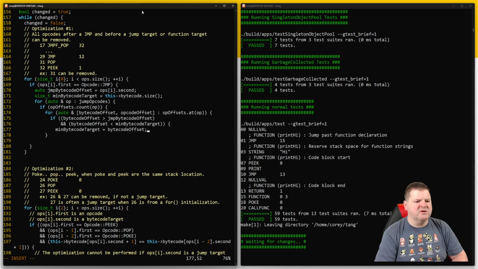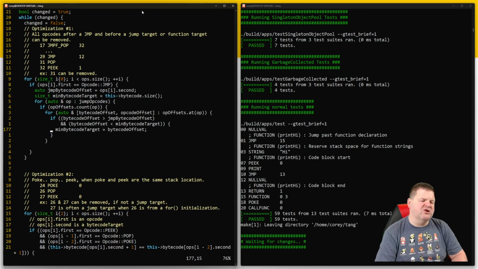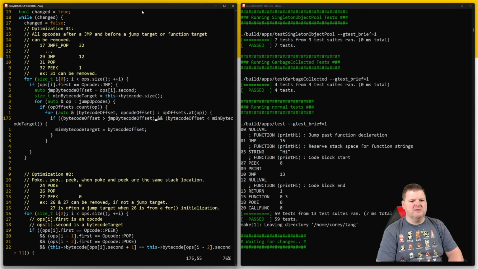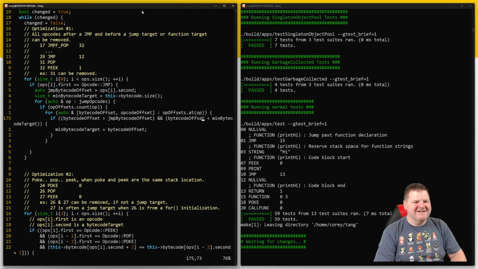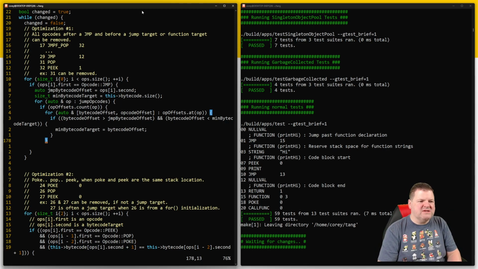So what we're doing is we're basically going through here and just looking for the next bytecode target that is larger than the current bytecode offset, but it's smaller. We're looking for the smallest that is larger. Yes. Okay, so, and once we found that,